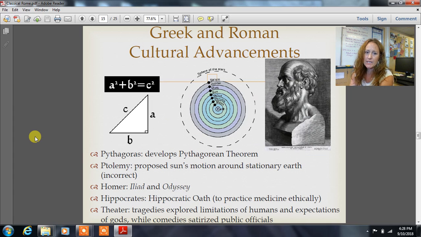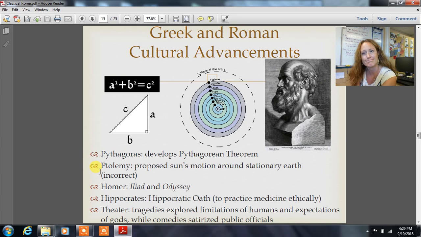So now we're going to look at the Mediterranean as a whole. So it's kind of like Greece and Rome put together. And so what were some of the cultural advancements? As I mentioned earlier, the Romans are really going to adopt a lot of the Greek advancements and continue where the Greeks pick up. So Pythagoras was a Greek mathematician. He's going to develop the Pythagorean theorem. So you've got your a squared plus b squared equals c squared. Ptolemy is going to propose the sun's motion around a stationary Earth. So that's known as,